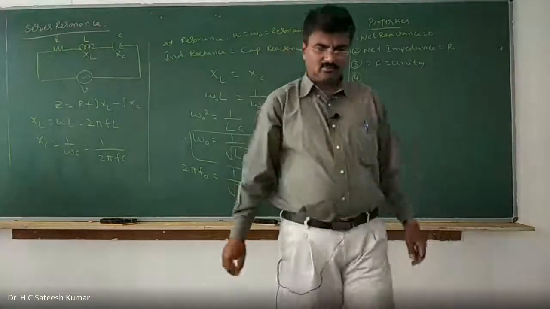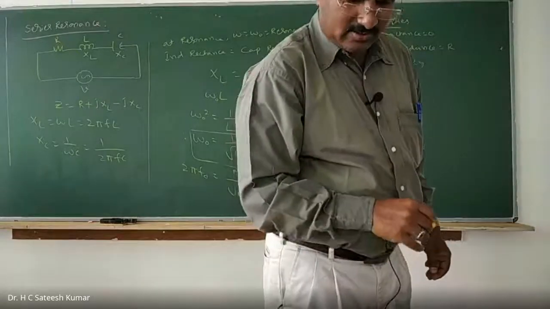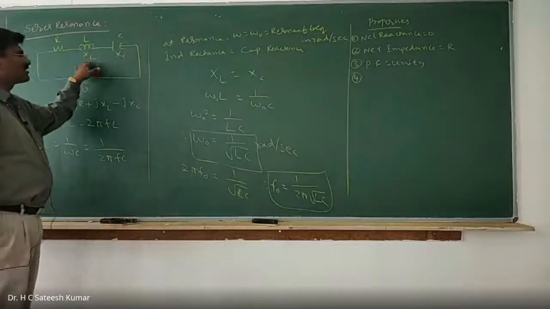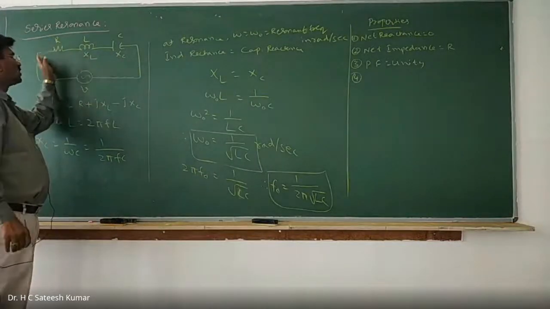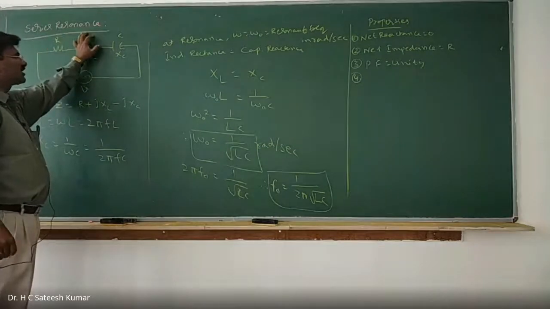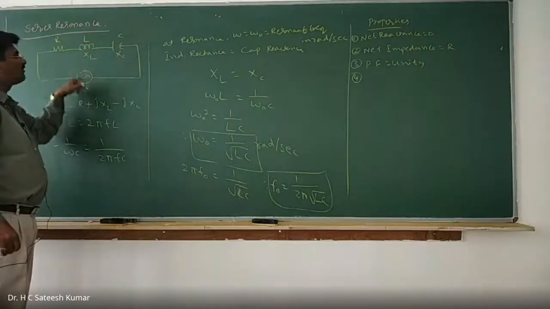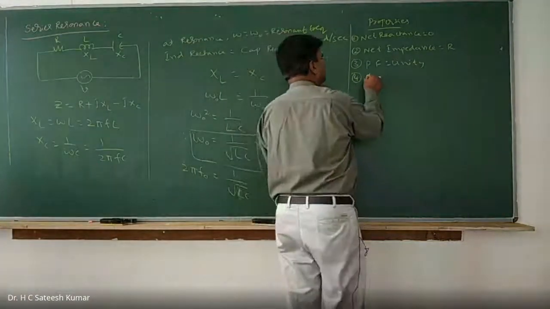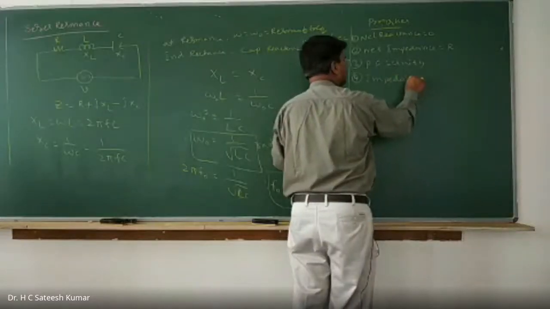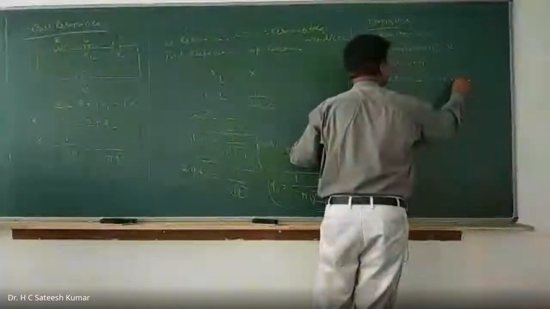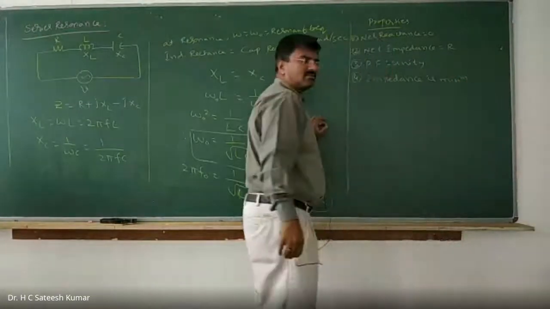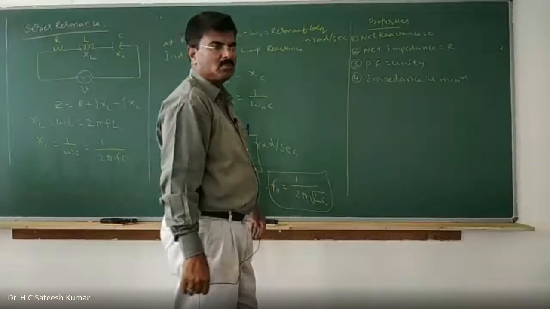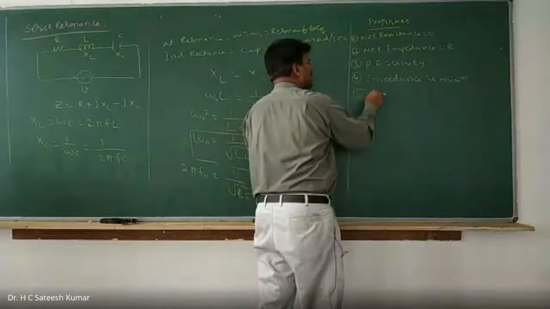And the fourth property is, when the inductive reactance gets cancelled with the capacitive reactance, the total impedance is only R. There is no effect of inductance and capacitance. Therefore, impedance will be minimum. The reason for this is that inductive reactance gets cancelled with the capacitive reactance, so only resistance remains; that's why it is minimum. If impedance is minimum, current has to be maximum. Current is maximum.